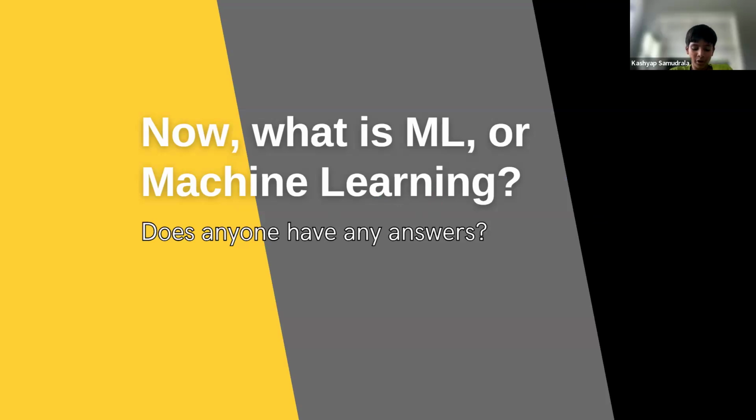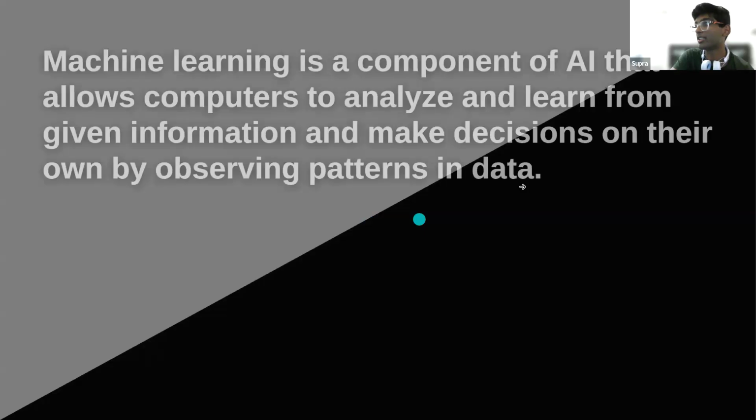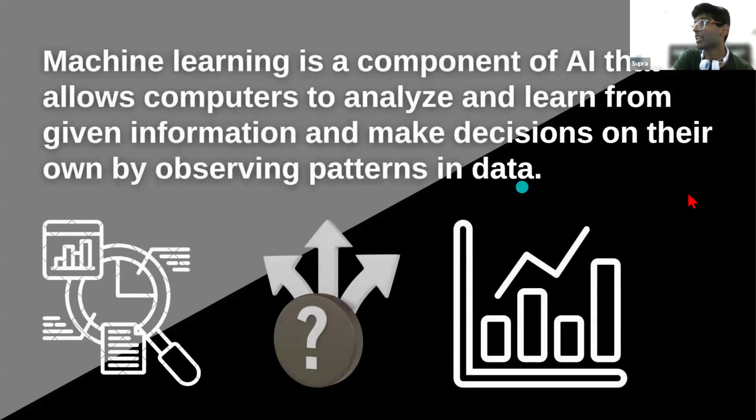So machine learning, or ML, is like I said, it uses data from other sources to attain artificial knowledge in which it can put it to use. Yeah, that's a good answer too. Okay, so all of you have good answers right now, but for the purpose of this class, machine learning is